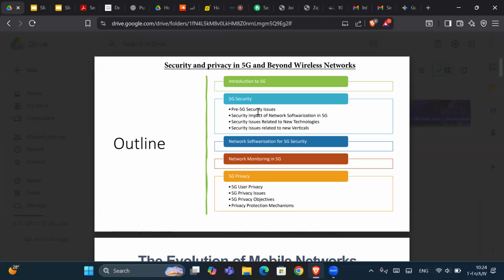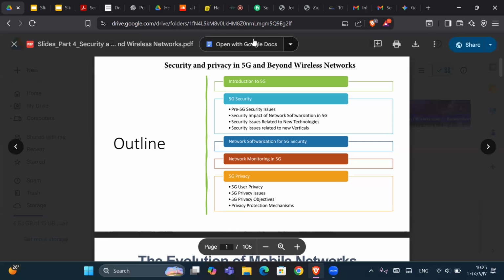Then talk about network softwareization for 5G security and network monitoring in 5G. And finally, discuss 5G privacy, 5G user privacy, 5G privacy issues, 5G privacy objectives, and the privacy protection schemes and